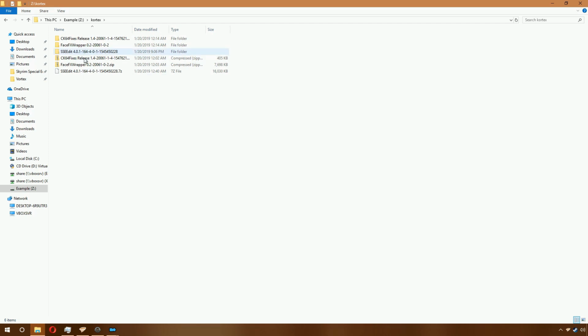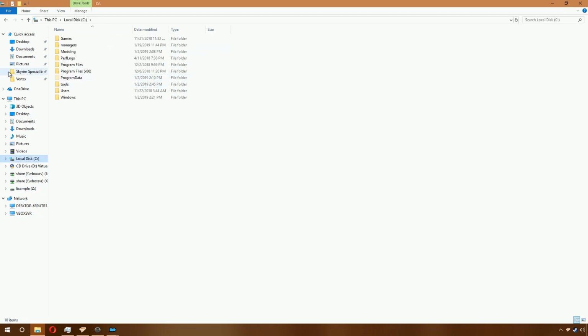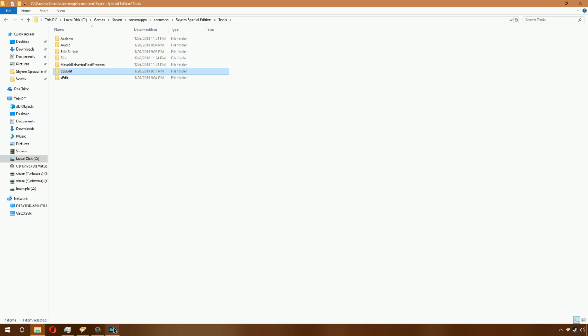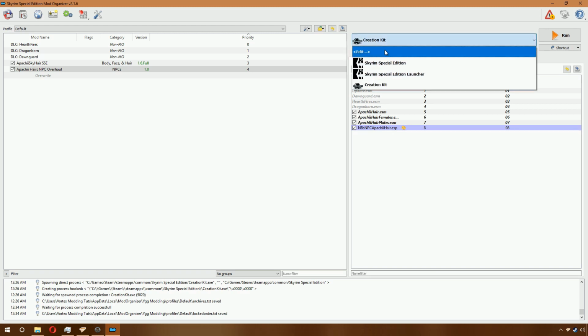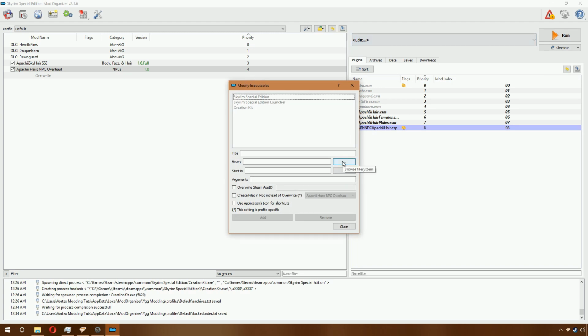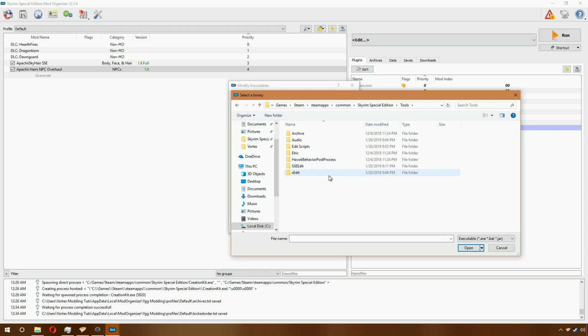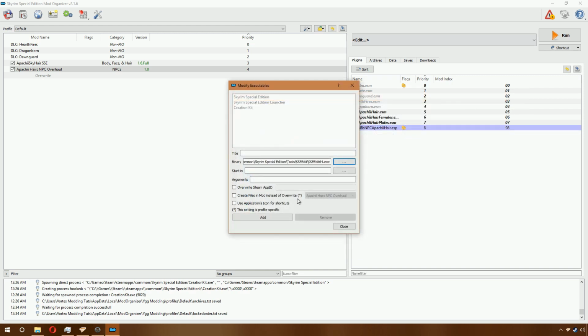If you use Mod Organizer, you will need to go ahead and extract Xedit, as you did before for Cortex. And this time, take the folder that you extracted, delete all the numbers at the end of the name, copy the folder into the tools directory in your game, then go into Xedit, click the drop down beside Run, click Edit, click the 3 dots beside Binary, go into Tools, SSE Edit 64,